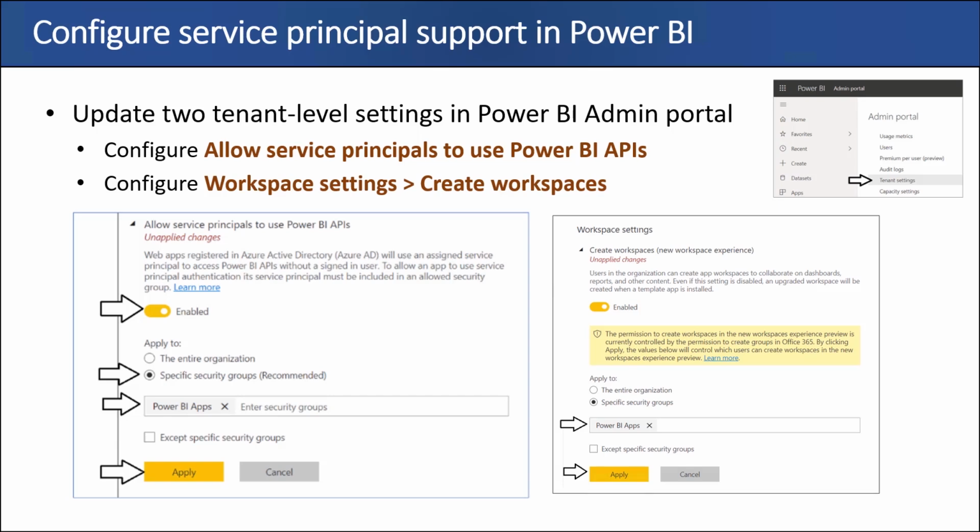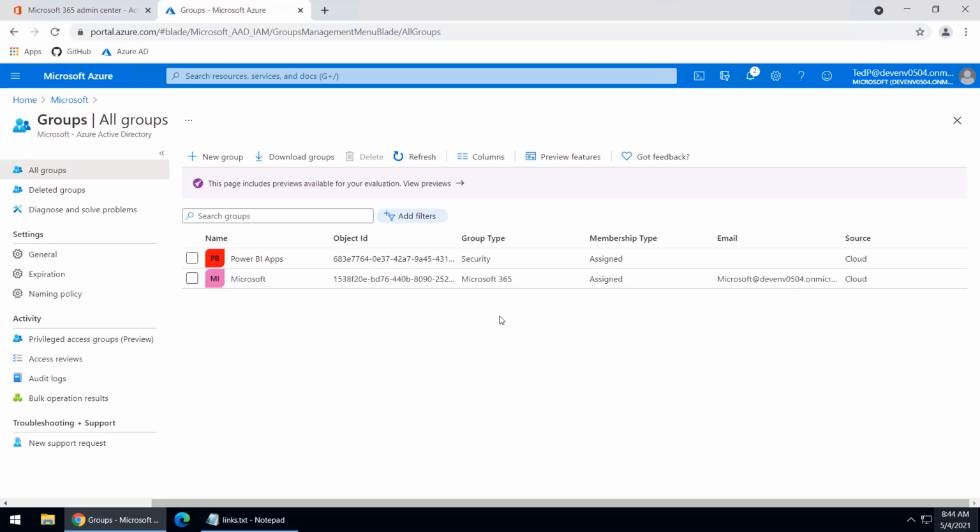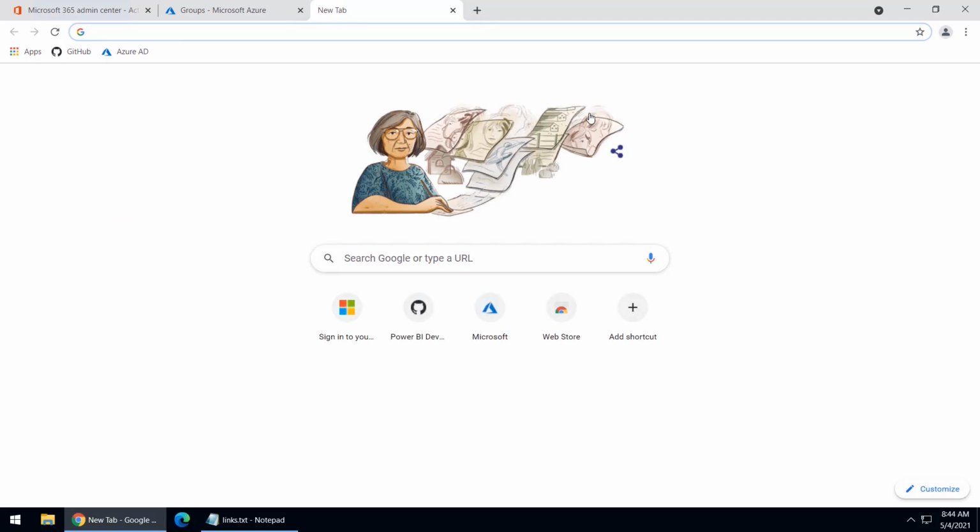And second, we also want to make sure that our service principal has the permissions to create new workspaces. So we're going to have to configure the workspace settings as well. Okay, enough talk. Let's do it. Okay, here we are. And first of all, let's just move to Power BI. So I'm going to type in